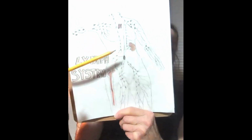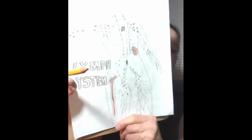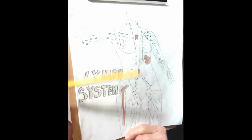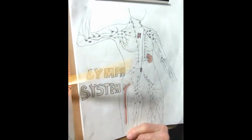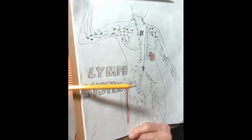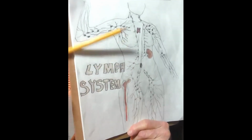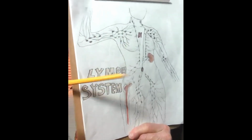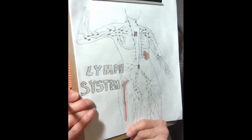Okay, so now you have an idea of where these lymph nodes are, because what we want to do is get the lymph going past the lymph nodes so that it gets filtered and cleaned out. And that's basically what the immune system does, and we want to enhance it by having it move. Okay, so the next thing is we'll talk about